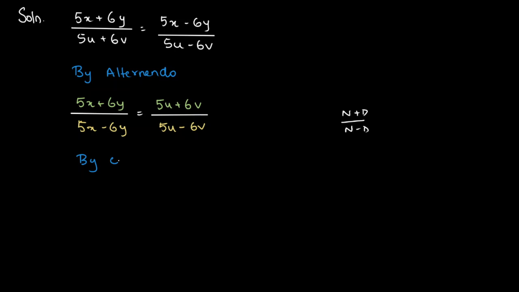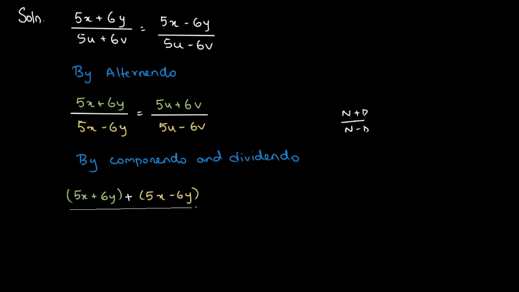So by componendo and dividendo, which is basically this rule over here, n plus d upon n minus d, I could say now my left hand side terms are 5x plus 6y, this is my numerator, plus my denominator, which is 5x minus 6y, right, entire thing divided by my numerator 5x plus 6y